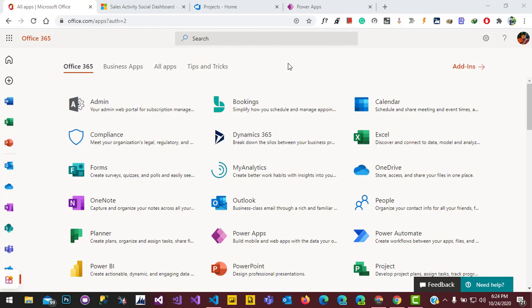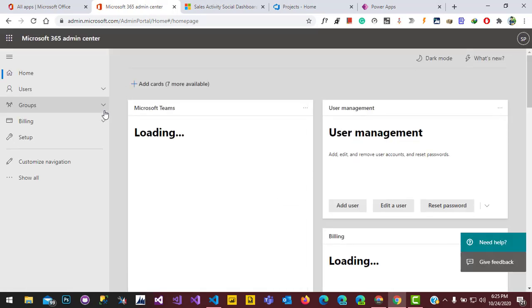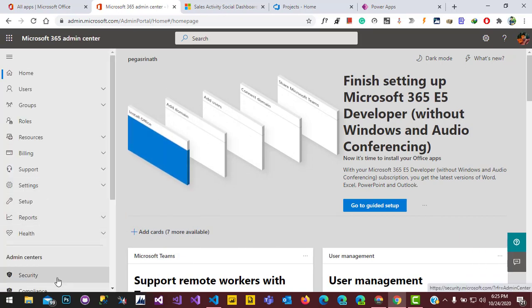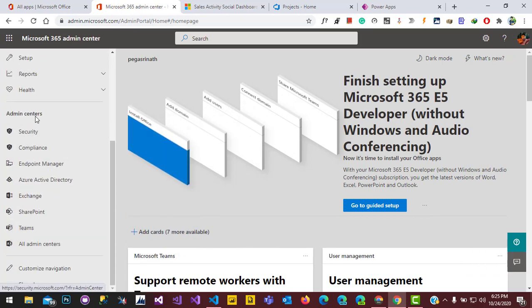For that, we need to go to office.com, then click on the administration, click on show all. Under admin center, click on Active Directory.